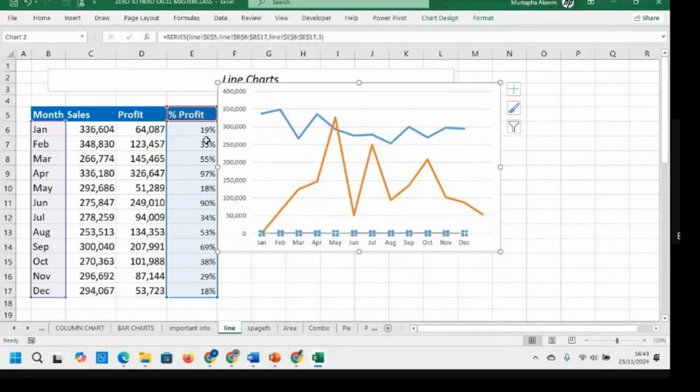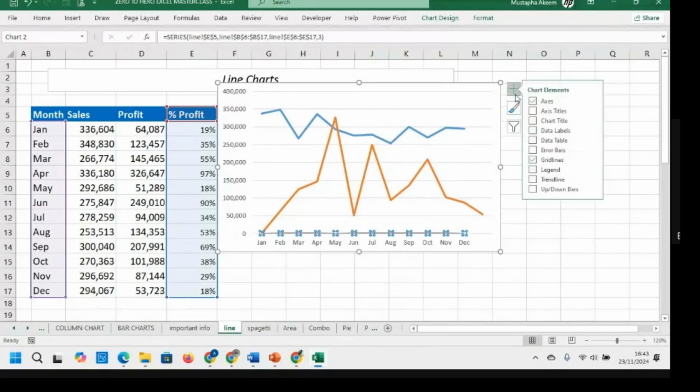Why? Because what we have here is between 0 and 100, while here we have between 0 and 50,000. So how do you want this one to move? It means this cannot move at all. Are you getting me now? So when we have something like this, what do we now do? That will take us to where we have